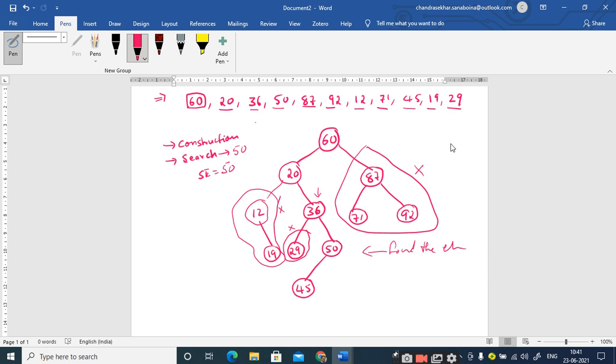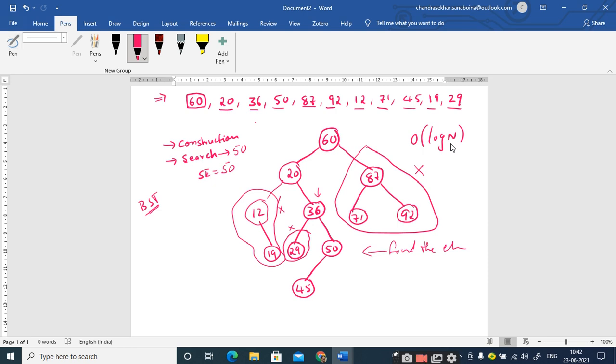So can anybody tell me what could be the time complexity of this search operation in the binary search tree? Big O of log n base 2. Big O of log n, right? Very good. Whenever we are neglecting almost half of the elements, as you might have seen in binary search also, you take an element, compare it with the middle element, and if it is less, you search in the left part and neglect the right part.